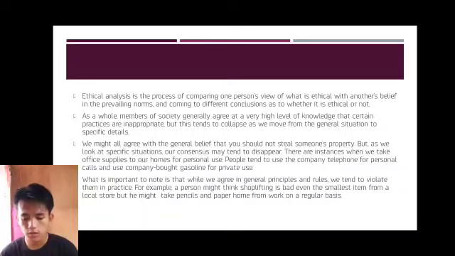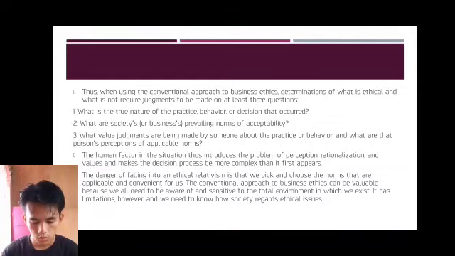What is important to note is that while we agree in general principles and rules, we tend to violate them in practice. For example, a person might think shoplifting is bad, even the smallest item from a local store, but he might take pencils and papers home from work on a regular basis. Thus, when using the conventional approach to business ethics,